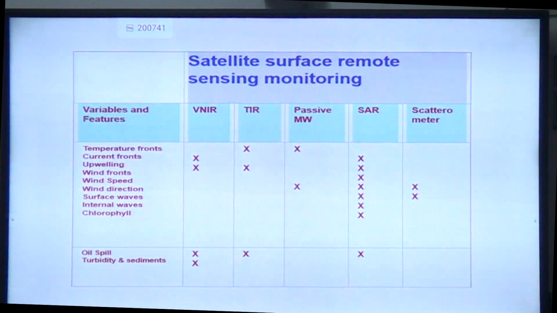These are the sea variables, parameters. And what I have mentioned in this particular table is which kind of sensor will be useful for detecting different types of variables, such as current, upwelling. Sometimes you can detect partially from the very near infrared sensor. But when you use the synthetic aperture radar data, that is very useful